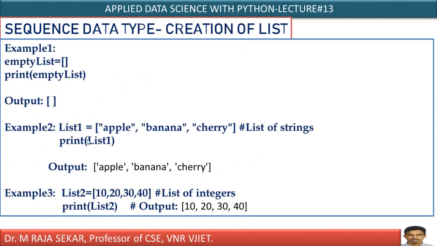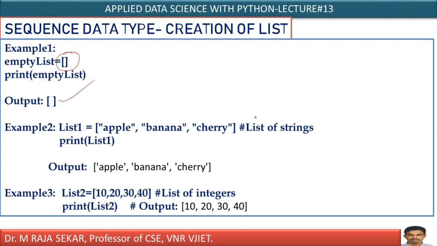Now, how can I create an empty list? It's simple: empty list. Whichever name you want, you can give. Otherwise, L equal to like this. This is square brackets. I am not keeping anything inside the square brackets, means that is the way to create an empty list. Just print the empty list and I will get an empty list, isn't it?